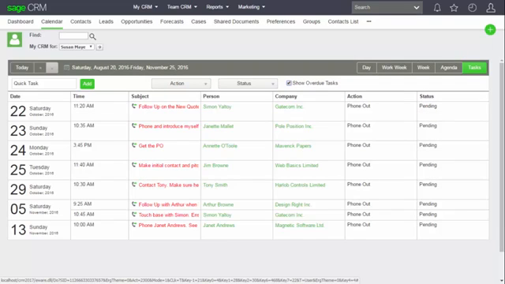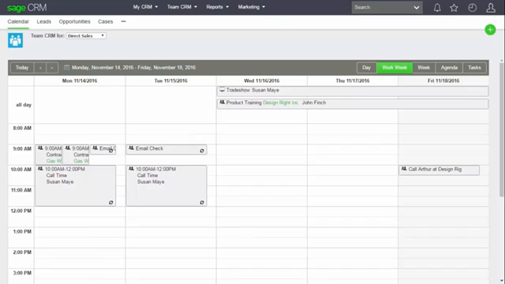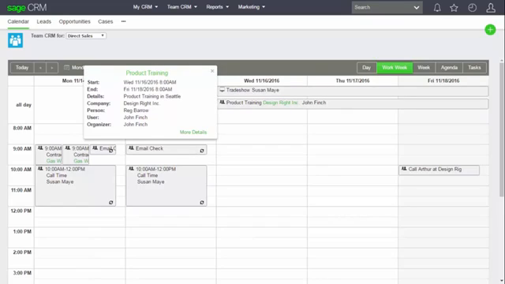And here you can see that the date of the task is in bold text to give a strong sense of when things need doing. And you can view the team calendar by day, by week, working week, or by agenda or by task. And within the team calendar, when a user clicks on a meeting, they can see which of their colleagues is